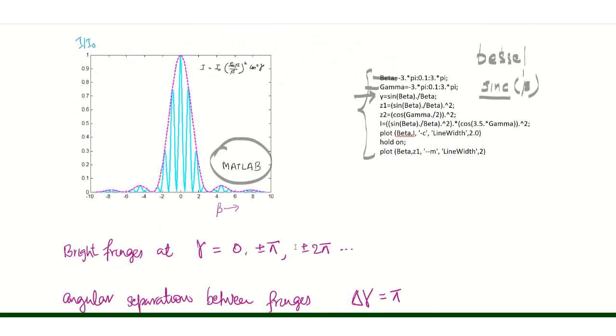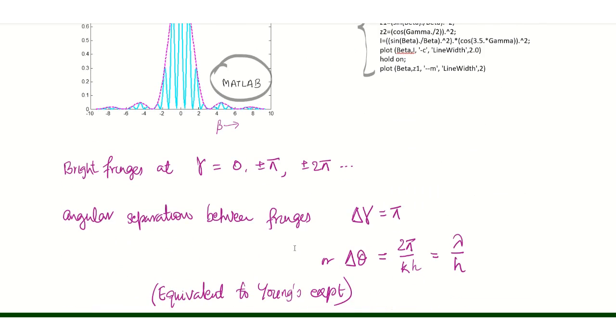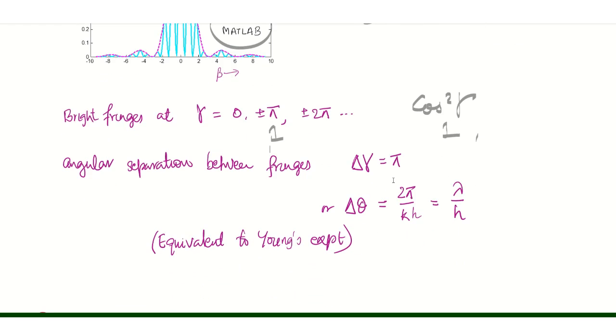Okay, that is double slit. The bright fringes appear at gamma equal to 0, because it is cos square gamma. Gamma equal to 0 means it is 1, that is a bright fringe. Gamma equal to pi is again cos square gamma equal to 1, that's a bright fringe, and so on. And the angular separation between the fringes is therefore delta gamma equal to pi, because the first